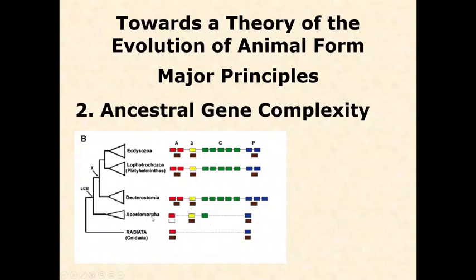So, for instance, if we look at the last common bilaterian, what were their genes like? Here, this is a Hox complex, but it's just color-coded. And we could say, oh, look, the vast majority of them have this one. This guy has a simpler one. And then their outgroup, their closest relative, has an even simpler one. They only have 2 of these many genes. And so by understanding, we'll look at this, and I don't expect you to be able to look at this and tell me exactly right now what the common ancestor's gene was, but understand that we,